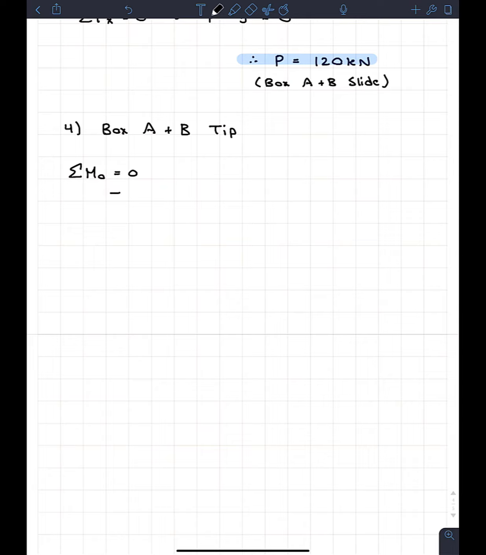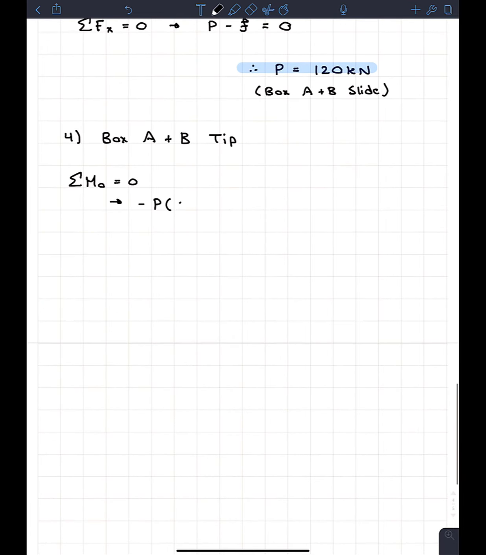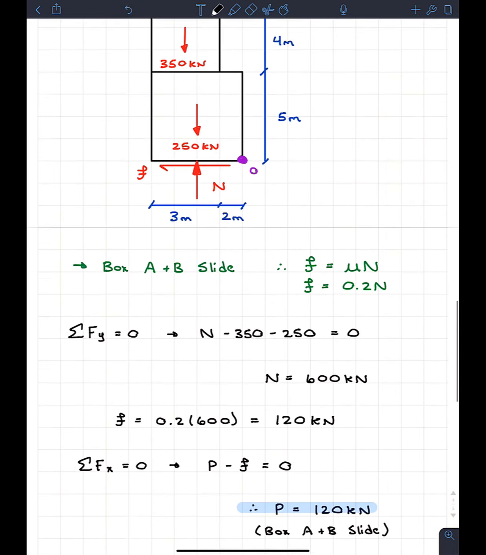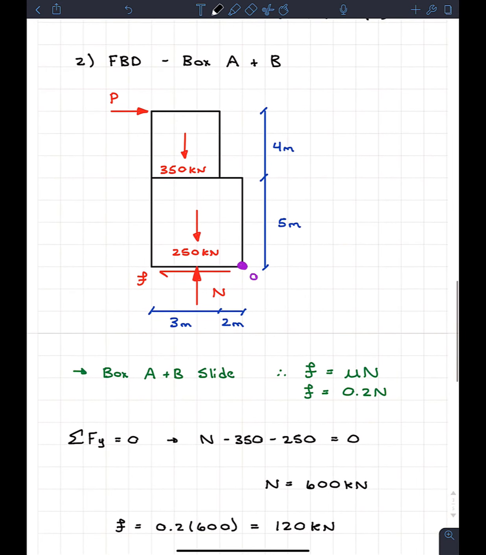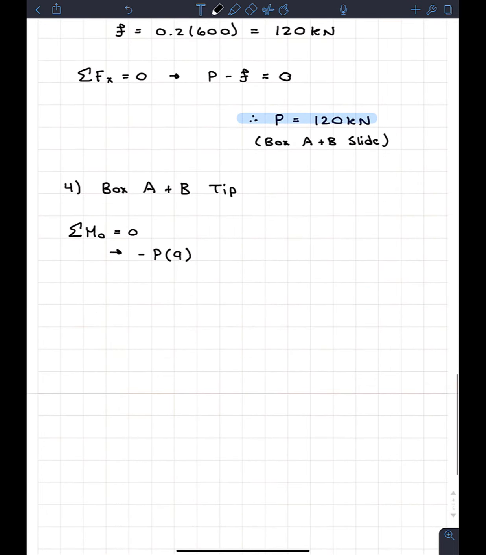And just like before, we got P creating clockwise moments. We're going to have negative P. But now it acts at a higher distance, which is going to be 9 meters. So the 5 meters plus the 4 meters. So P times 9. And if we look at the weight of the bottom crate, it's going to be the 250. And it acts at a distance of 5 meters divided by 2. So we got plus 250, and we got 5 meters divided by 2. So far, so good, not too bad. But then we got 350